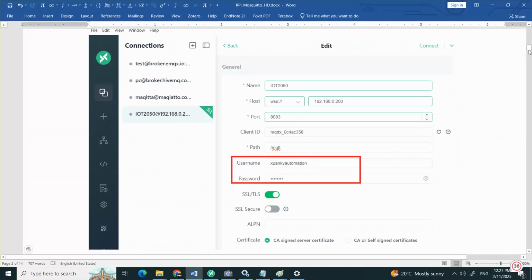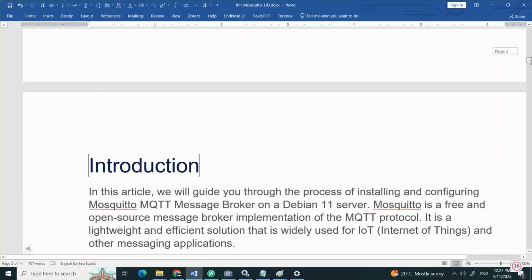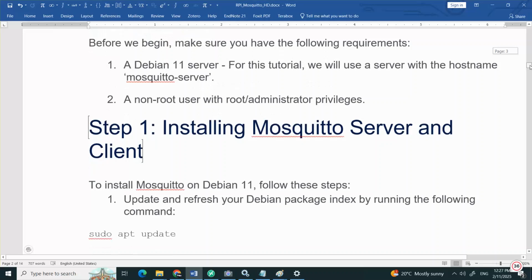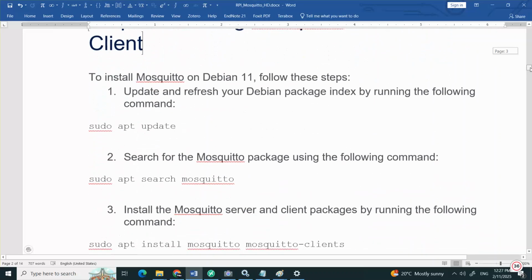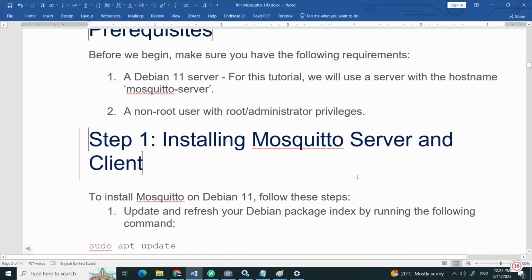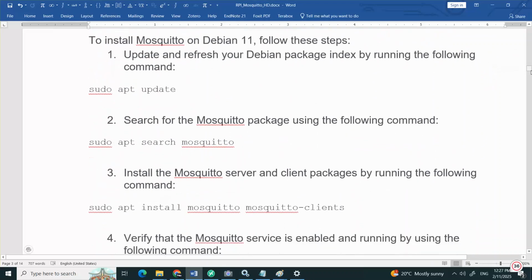So we configure Mosquitto authentication, SSL and WebSocket, which will give WebSocket SSL. That is the content of the video introduction. Now we start installing Mosquitto from the beginning on the Raspberry Pi. The first time, I don't need to run sudo apt update because I just installed a new operating system on